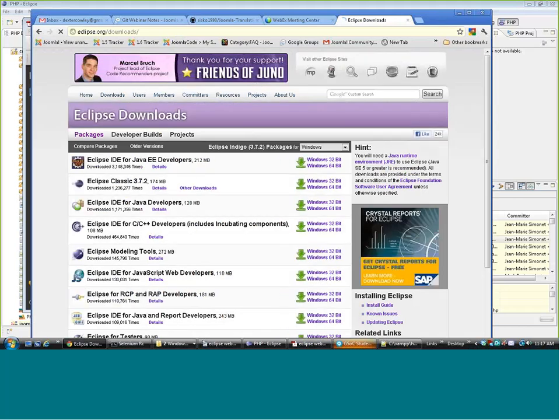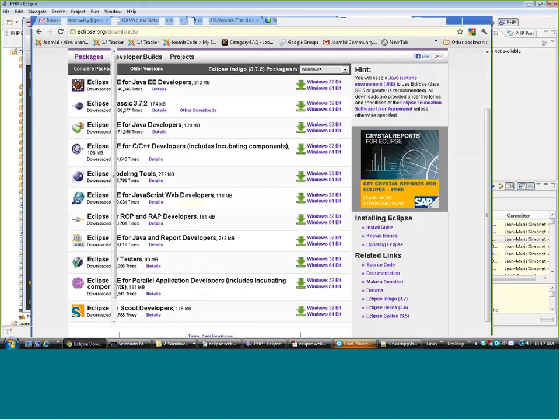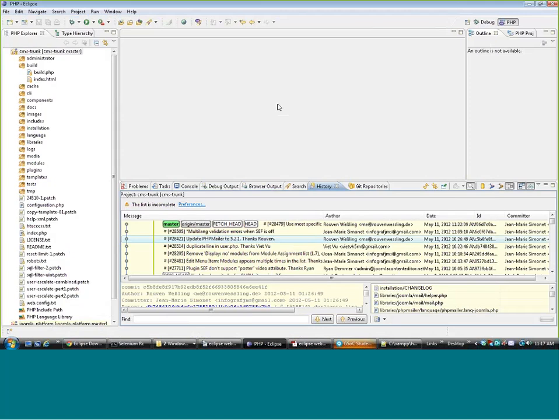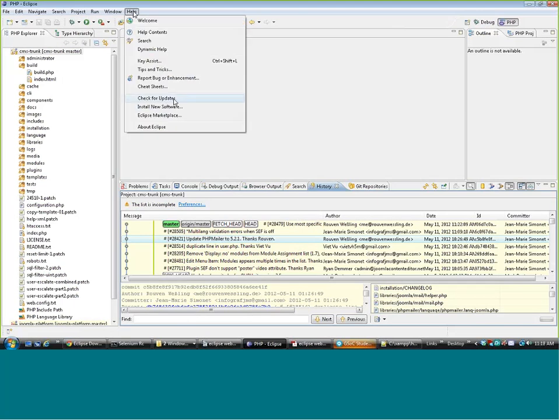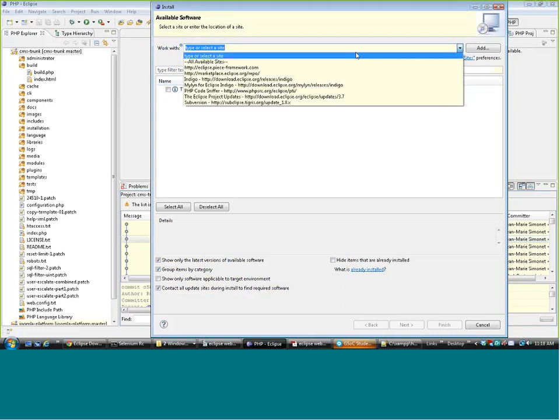So all you need to do, once you have Eclipse installed, is go to install new software, select the releases, Indigo releases, because that's the name of the 3.7 version, is Indigo. And then it takes a second here to pull up. And then basically under collaboration, you say Git, and under programming languages, you say our favorite programming language, PHP, and then you just follow through, and this will automatically download